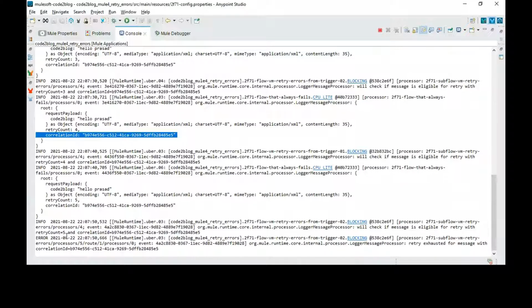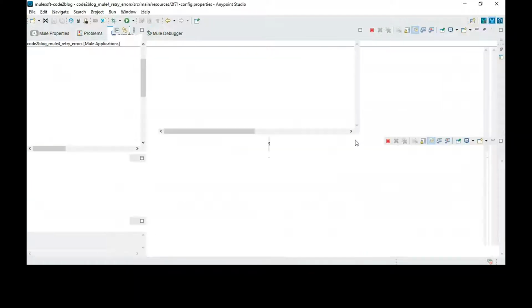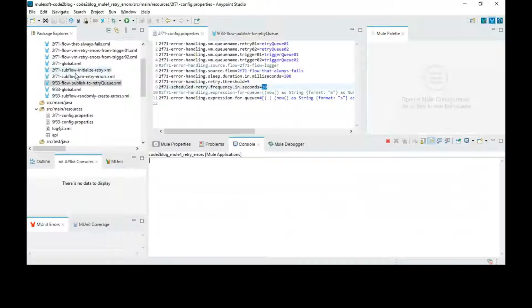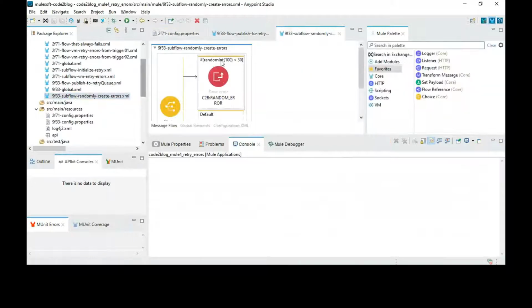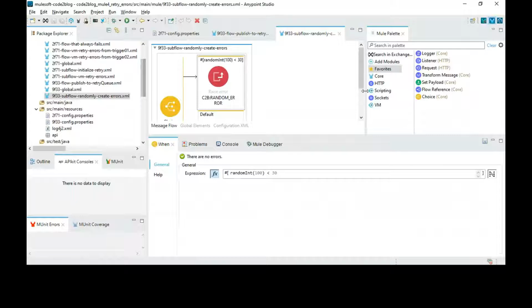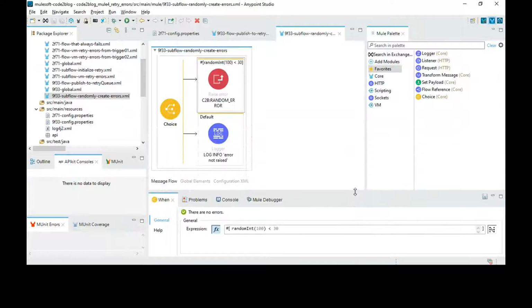This is a scheduled retry, and we need a scheduled retry because it does not make sense to retry something immediately after it has failed, and an immediate retry is not always useful. You have to at least give it a few seconds for the thing that caused the issue to resolve itself.